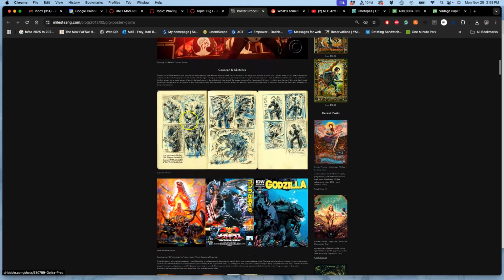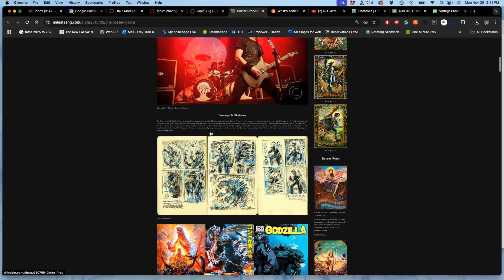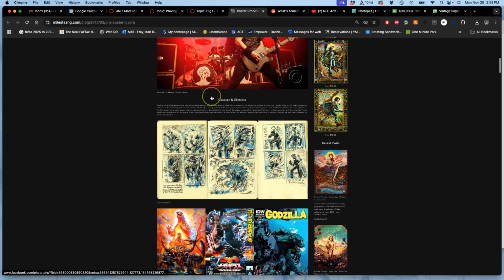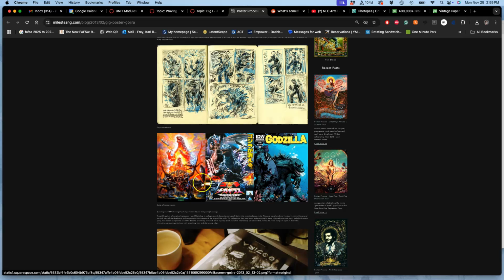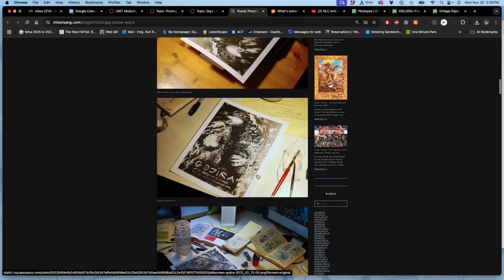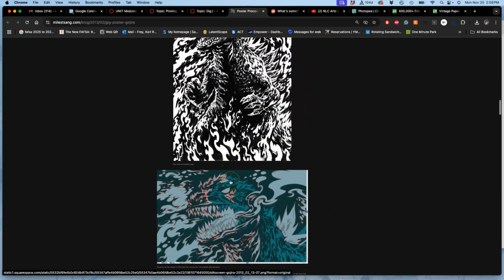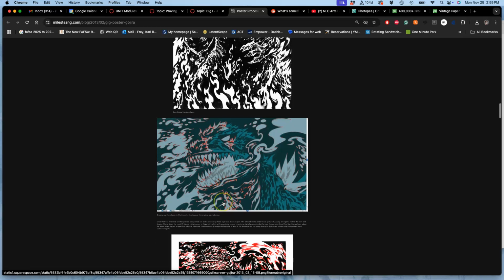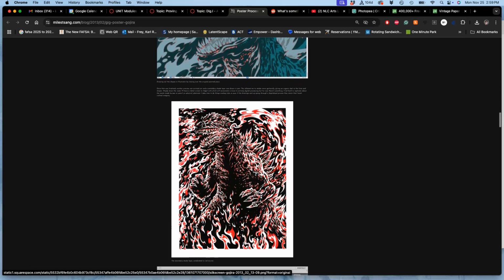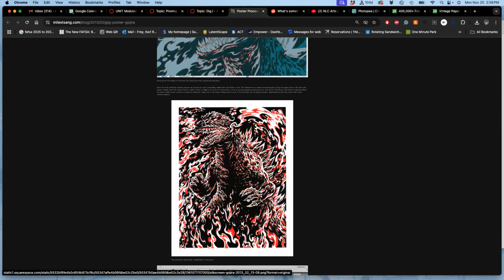And so these were the process thumbnails. They kind of wanted to do it like a heavy metal poster, so this was their inspiration. And then they looked at some past poster art and comic book art for colors, for compositions. And then they built it in digital layers with duotone, hard edge, and then separated the layers out for black, red, and then this